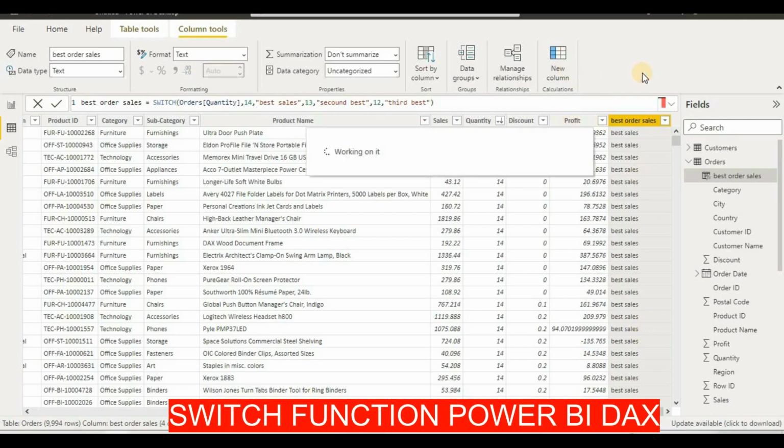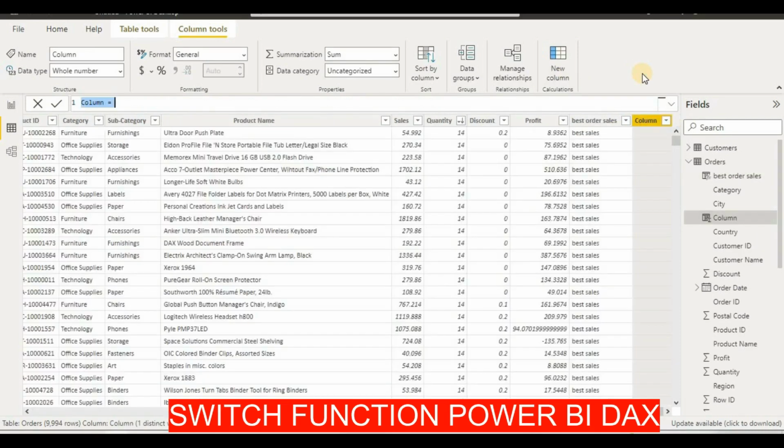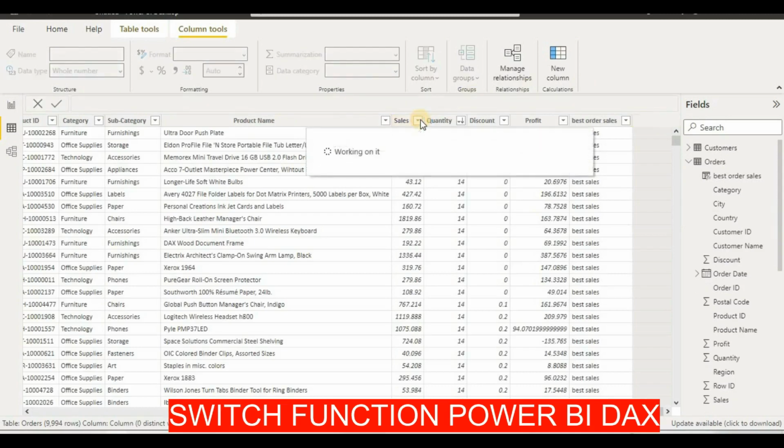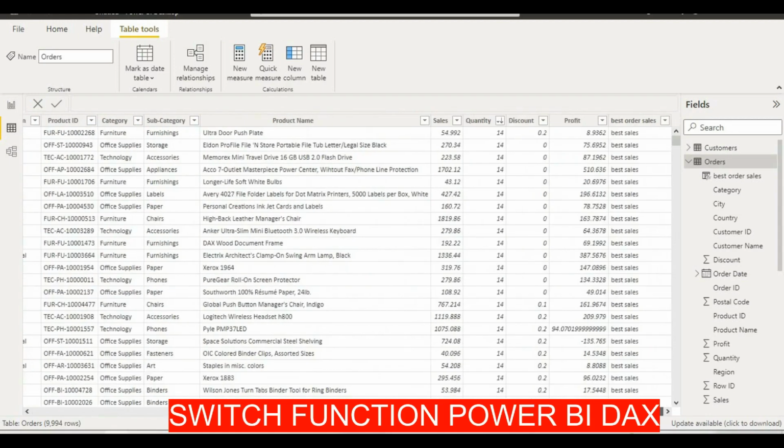I will take a condition, I will just jot this down. So we have sales, we have quantity, 14 quantity, we have different sales. If I have sales of more than 10,000, that is our best sale. If we have a quantity of 14, we have a best sale. If we have a profit of more than